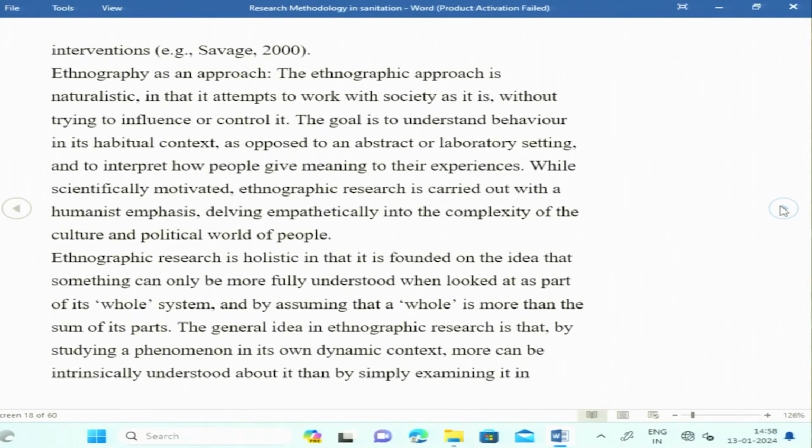The idea is that what we have to study is the behavior in its habitual context, which of course is different from the so-called laboratory situation. And what is more important is that ethnographic research is holistic in nature, because it tries to see each and every aspect of human life, and that way we try to